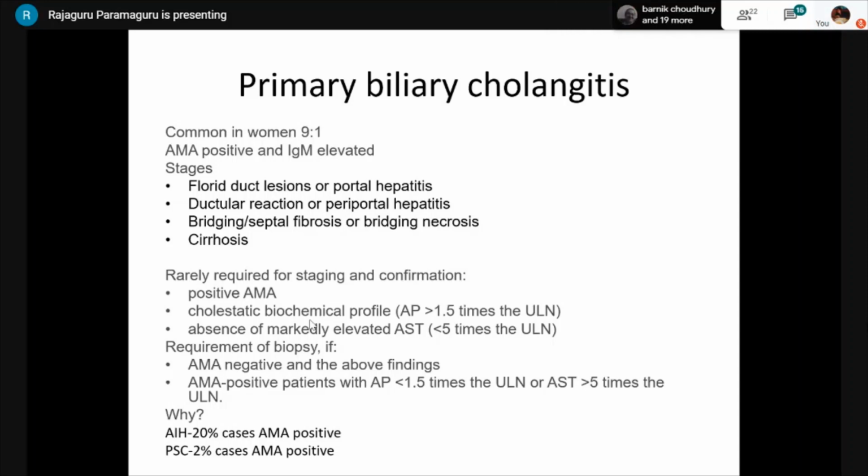If the patient is having a positive antimitochondrial antibody and has a cholestatic biochemical profile with elevated ALP more than 1.5 times the upper limit of normal, and if the AST is less than 5 times the upper limit of normal, you don't need a biopsy. It is required only if there